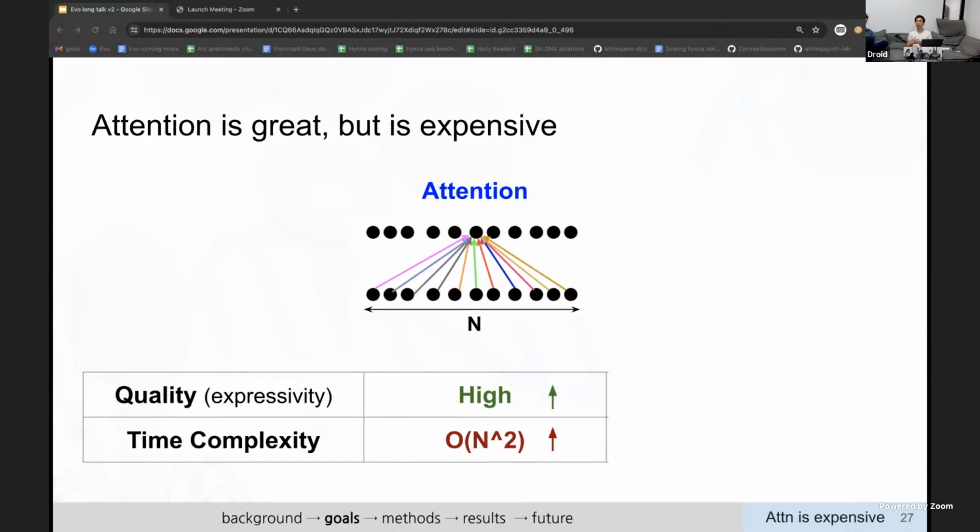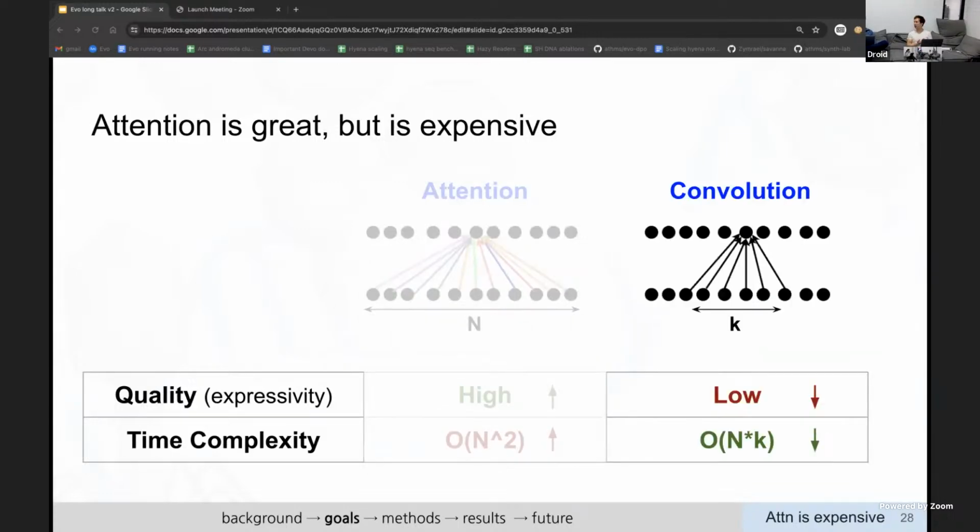So if something doubles in length, then the computational need will quadruple. And so it can become intractable if it's quite a long sequence, particularly for DNA. I do want to contrast this with convolutions, which is another typical operator in deep learning, where it has the opposite property, where the expressiveness is somewhat lower because it has a local receptive field, so it aggregates information across a local neighborhood. But the trade-off is that it's much faster, right? So the time complexity is linear essentially, and so the question is, is there a way to get the best of both worlds? Something that's expressive but also very efficient.